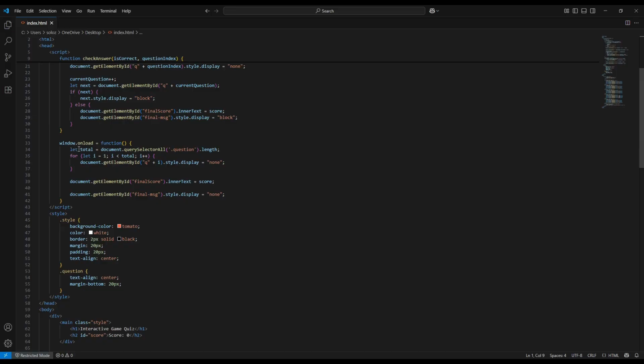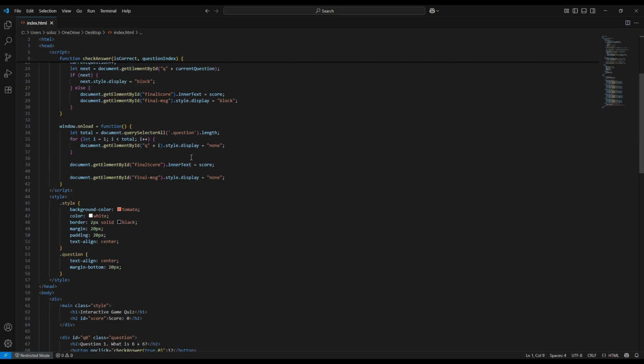So this element, and it will increment the question, and all are in this element, all questions are hidden except for question 1, since this is none. So what does none mean? None is hide this element completely,